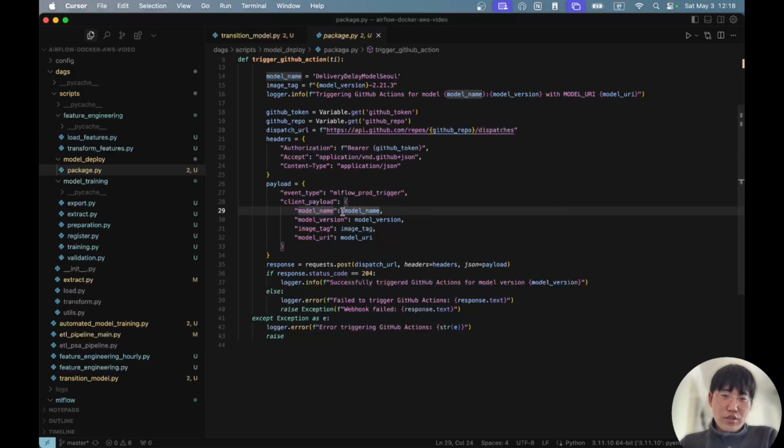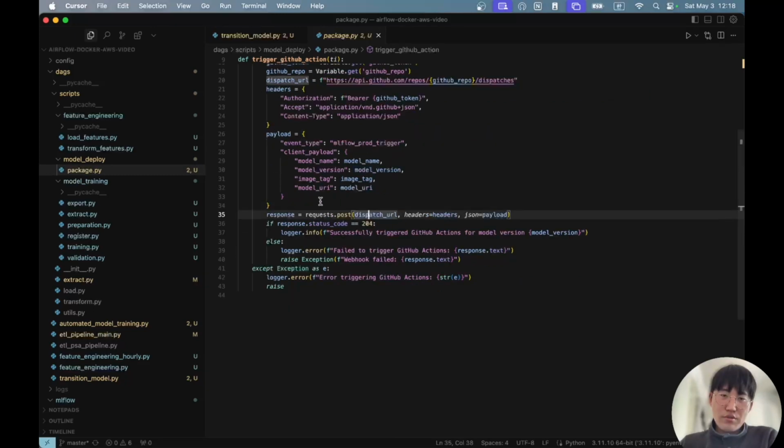So first one, we need model name. The second one, we need model version. And then third, we need to send the image tag. We need to send the model URI. That is most important. Using this one, we need to send the post request to this URL using this header and the payload. And then we verify whether the response is success or not, so wait for the response,